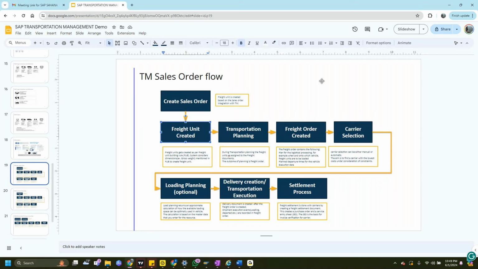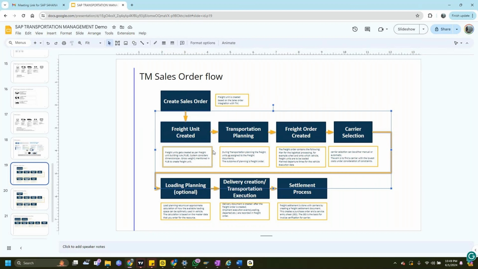Can there be variables, like if you are combining two or three orders for multiple customers into one? This freight unit will come out of the sales order. So one order will have particular rules. There are business rules that we generate, and those rules will apply to this order. That's very flexible, what we say, rules that we can keep in. We can divide it into multiple rules as well.